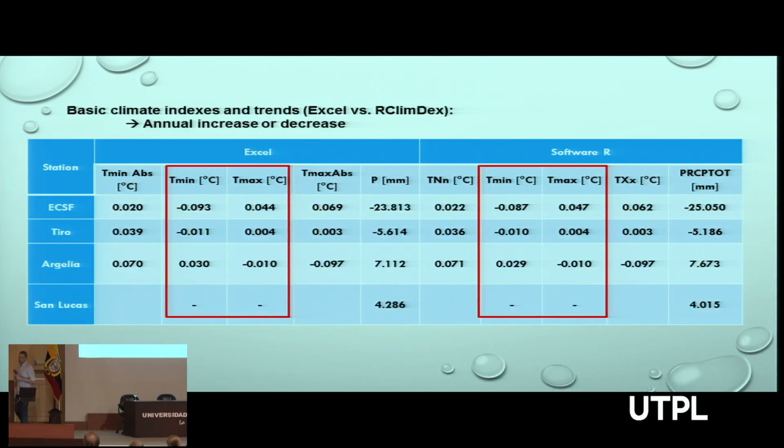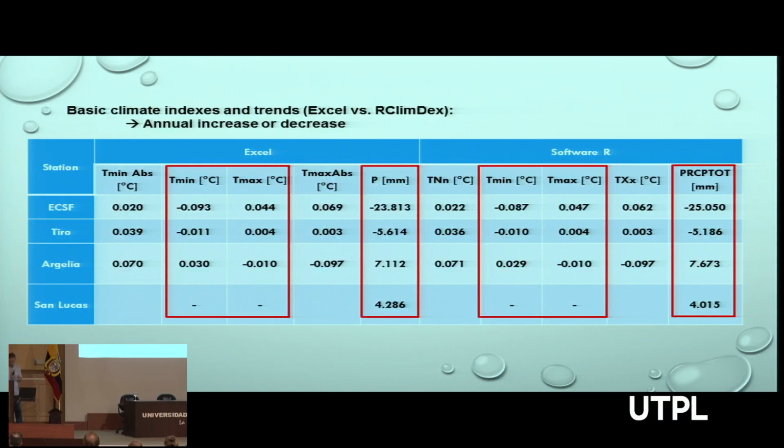Annual values are only calculated when a maximum of 15 days a year are missing. But we see our gradients or our trends are more or less equal to the trends calculated with the software. The same is valid for the precipitation. This is our Excel calculation, and this is the calculation with the software. Again, the precipitation is reduced in the Amazon basin and